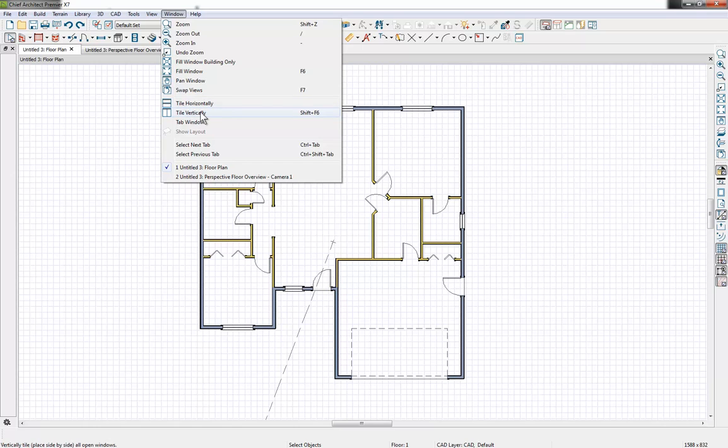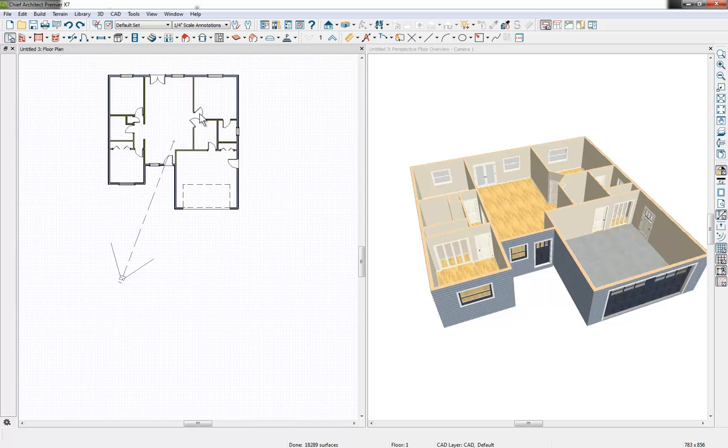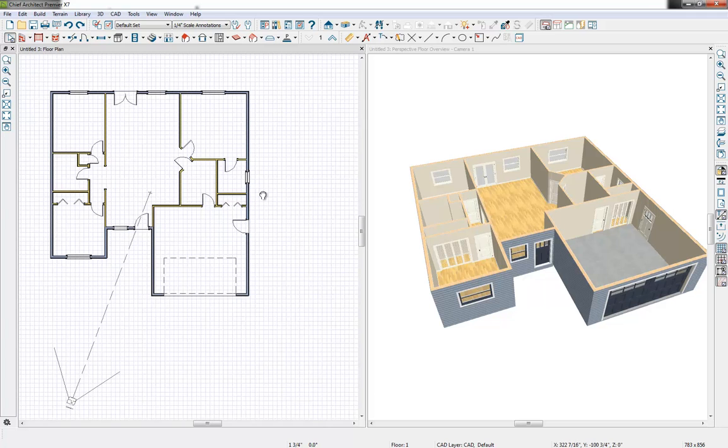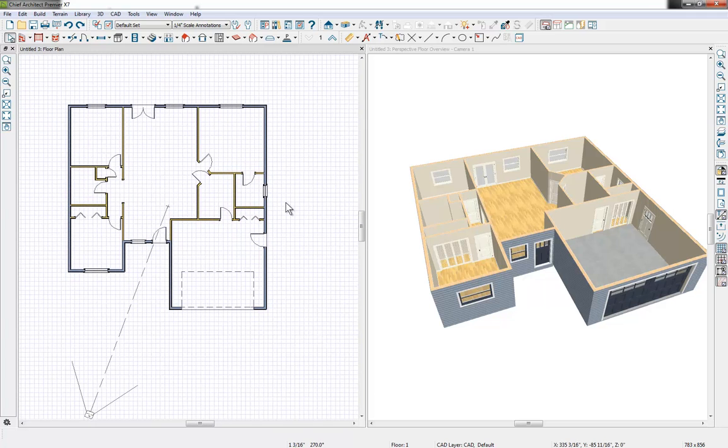We're going to tile that vertically, and you'll notice that I get a keyboard shortcut over here for Shift F6. So going forward, when I want to tile my views, I'll just use that keyboard shortcut. And so now we have both views on our screen, and typically you'd want to just verify your as-built measurements are all accurate, and we can go around our exterior and verify what our various